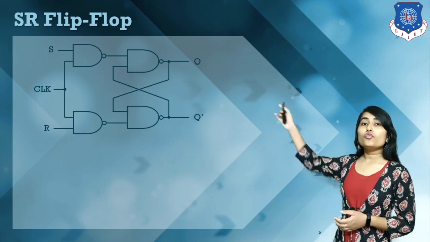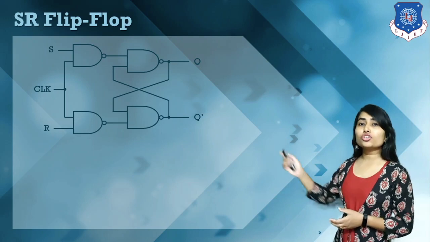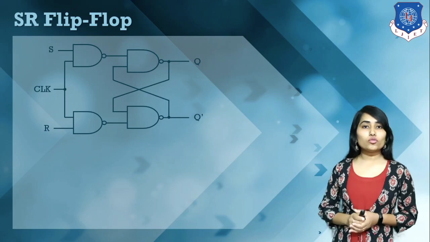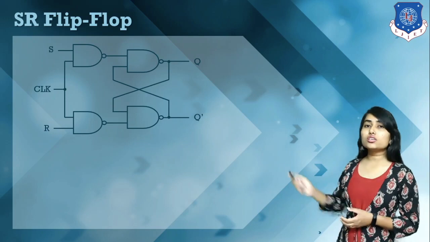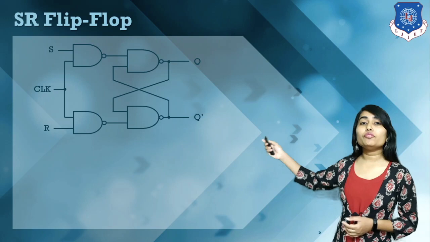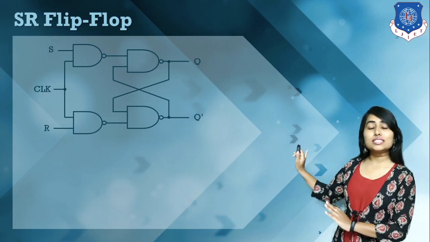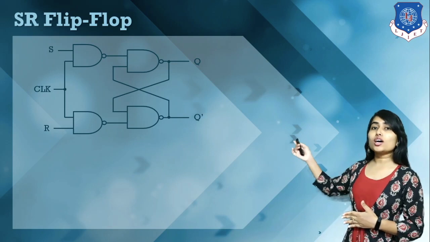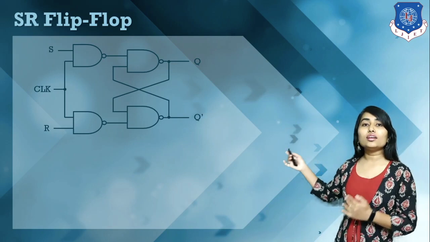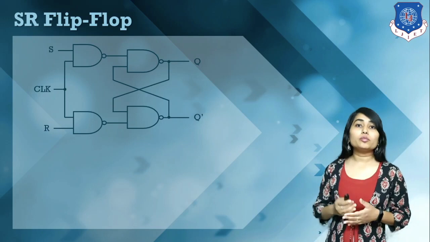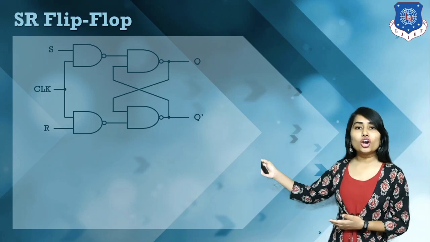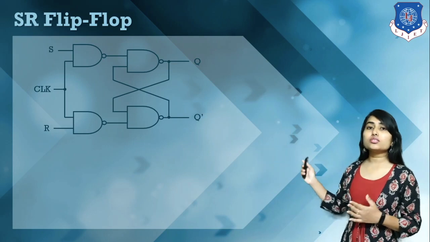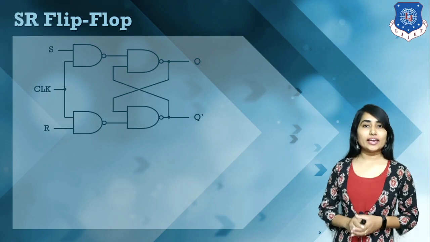Here we use two NAND gates for multiplication of the clock, and then we apply it over here, and this circuit also works as active high, because to multiply the clock signal we use a NAND gate. That's why this circuit works as active high. Otherwise, if we use only two cross-coupled NAND gates, then it works like an active low circuit. But as we apply another clock signal here, we use two NAND gates. That's why this mechanism works as an active high SR flip-flop.